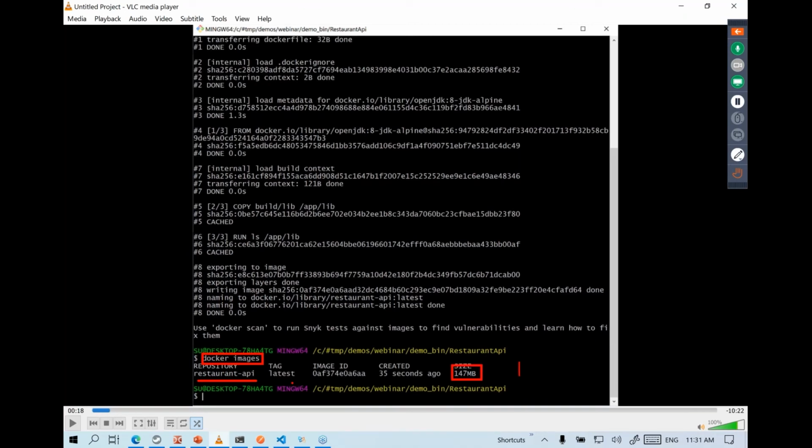Think of it as an alternative to using a full-blown virtual machine. We are virtualizing not the hardware, not the operating system, but just your application. So just your application is now self-contained in this image that is sized 147 megabytes. So it's a self-contained image that contains JDK. So there's no dependency on the JDK that we have at the host machine. You don't need to have JDK on your host machine. Everything is packaged in this small image.